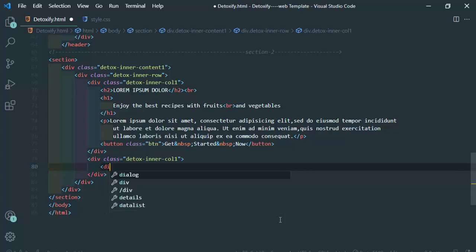So there is another div section, with class name